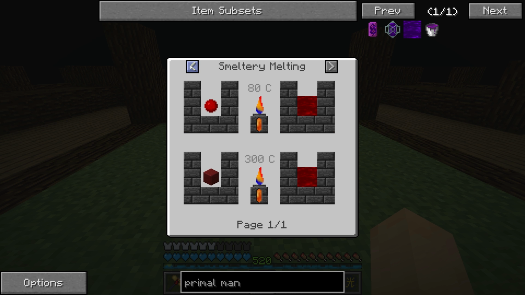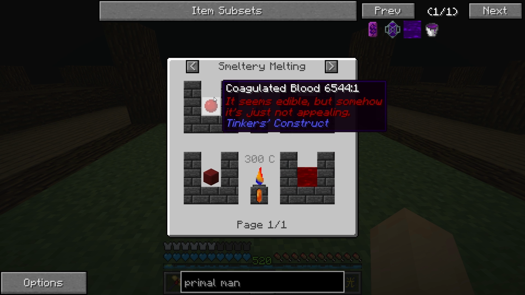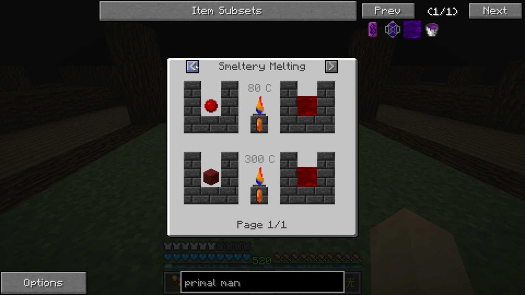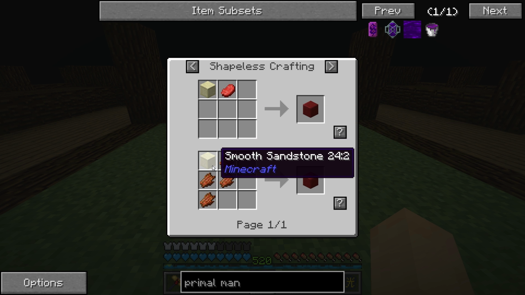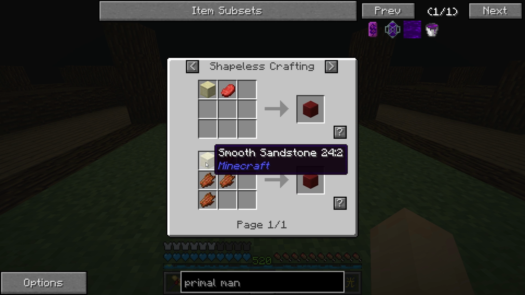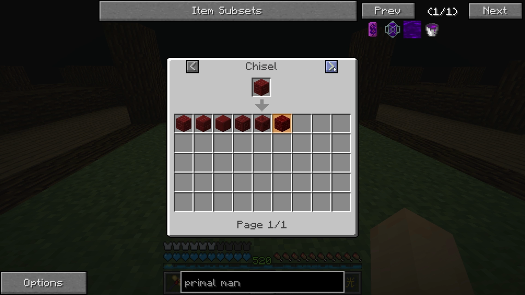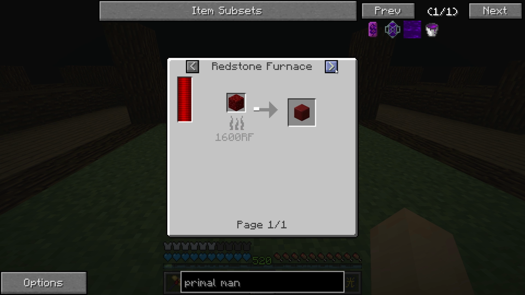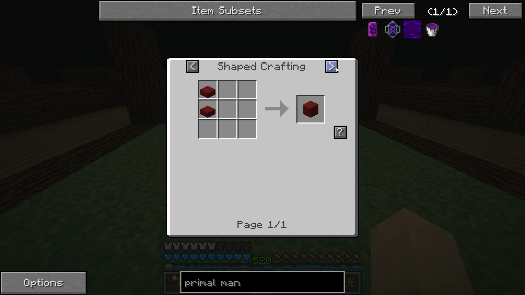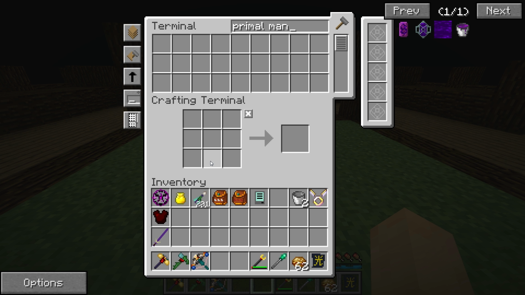Now, blood, you can get in a couple different ways. You can do bloodstained blocks, coagulated blood, which you need blood in the smelter anyways. You can put yourself in it. You can put mobs in it as well. That's another way, but the bloodstained block is probably the best way to go, and it requires some rotten flesh with some smooth sandstone. Or actually, what does this require? Cobblestone? Can we make it? We can't make it. Okay. So, the other option is...